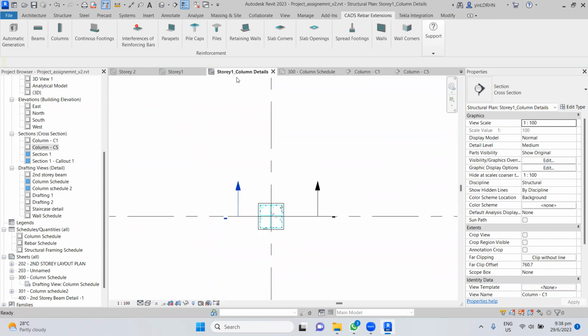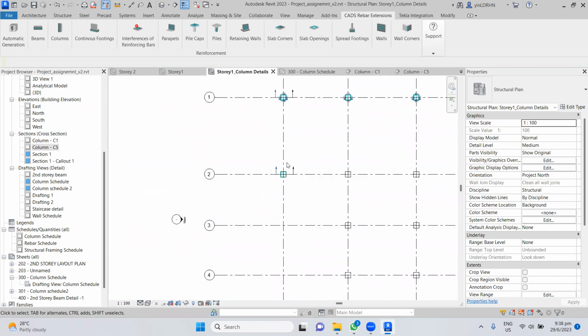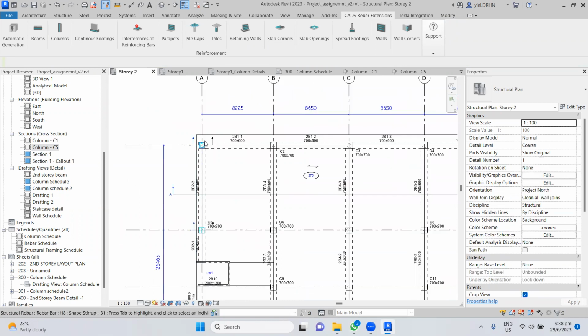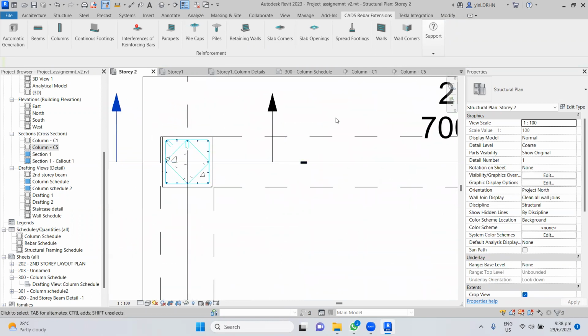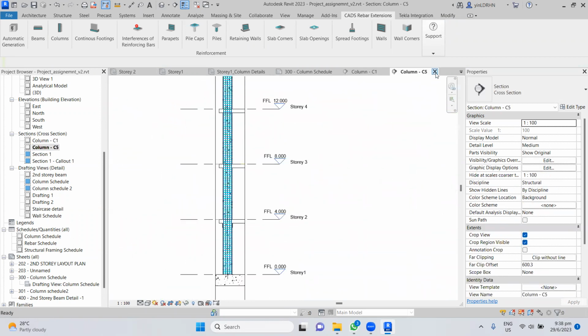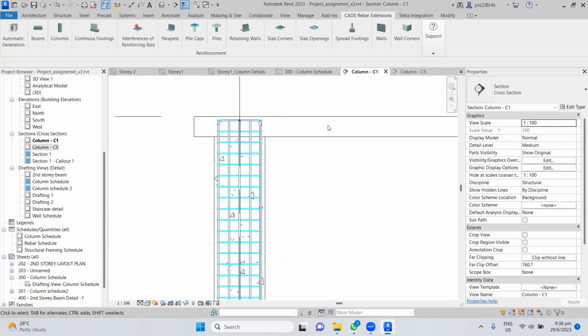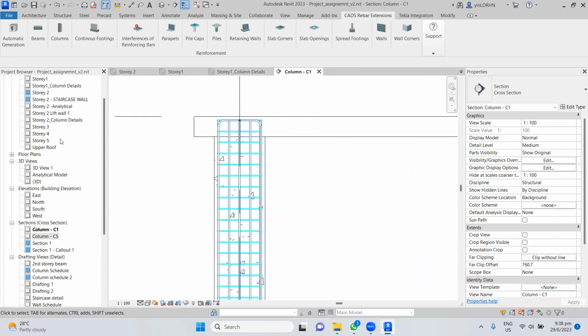Okay. So you can go to the plan. This is one, right? So each floor you can see rebar, right? So the floor, okay, I close all this one first. This one we had done on the level 5. Okay, this one no need. This one also no need. Okay, so let's go other floors and see,